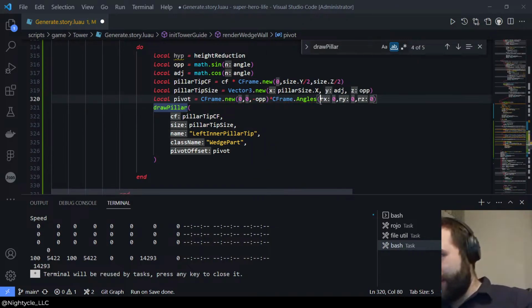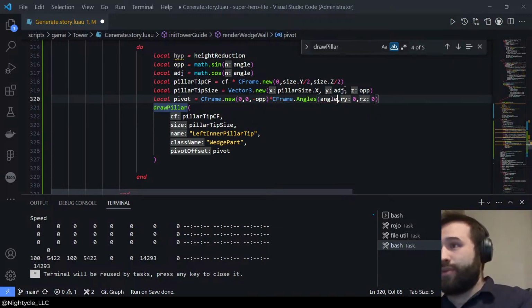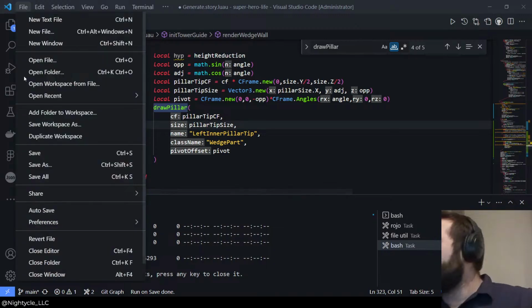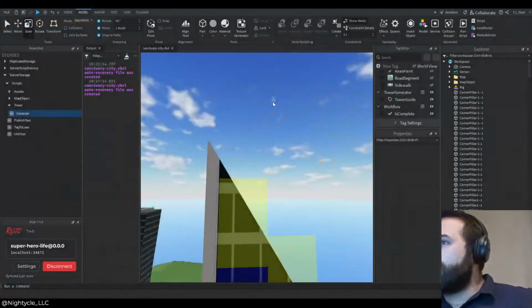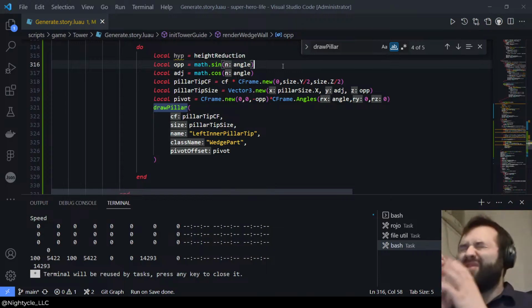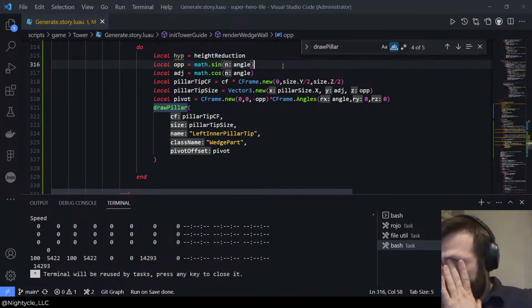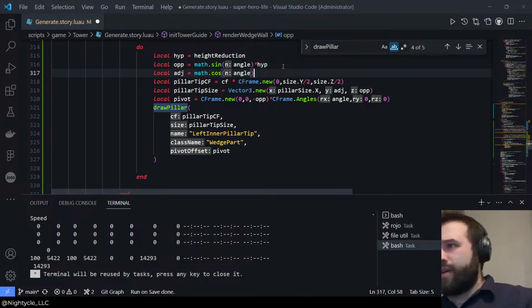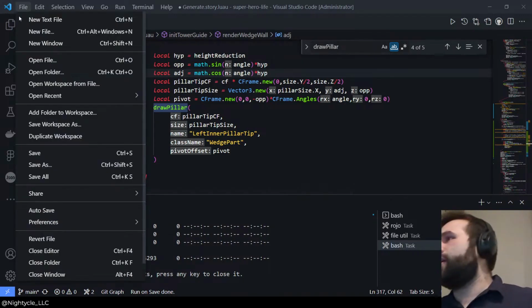So if it's being applied on the X side, okay, we're gonna try this and see how this looks. Oh, so I never multiplied the hypotenuse. So okay, so opposite. Okay, yeah. So times the hypotenuse, and then,